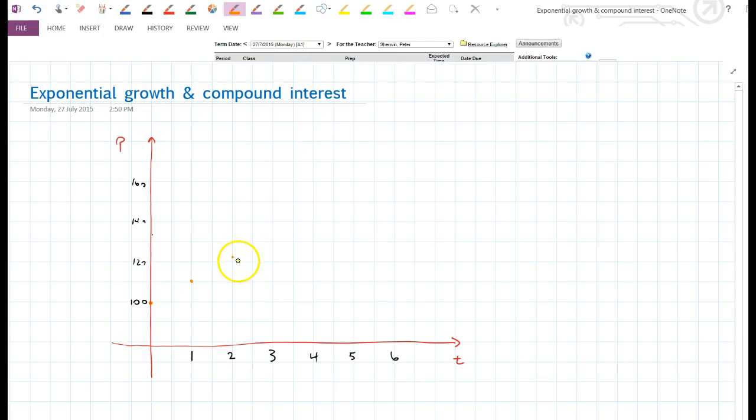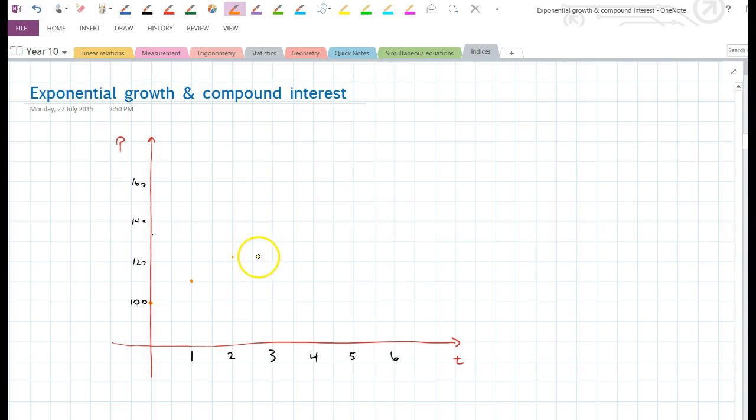And now for the 3rd year, when we apply our 10% increase, it's on 121, which is 12.1. And when we add that to 121, we get 133.1. And so we just creep up again, just off the linear again, just edging our way up. And if we keep applying this, we're going to slowly but surely keep edging our way up. And so if we graph this model here, it's just increasing, and as the population increases, this just gets steeper and steeper. It's called exponential growth,